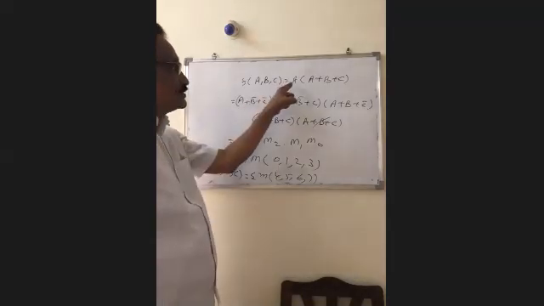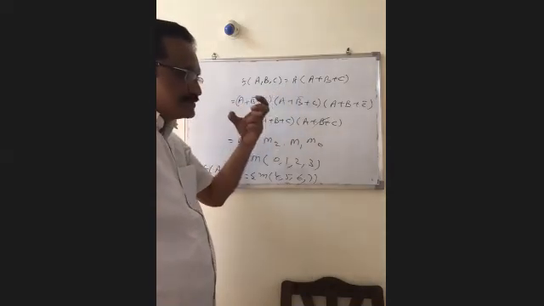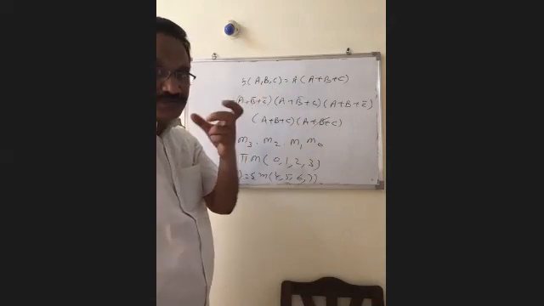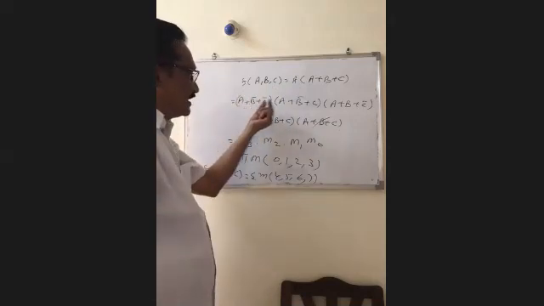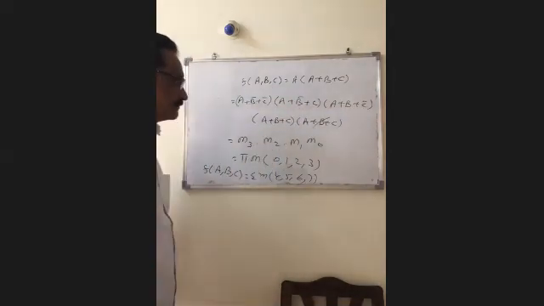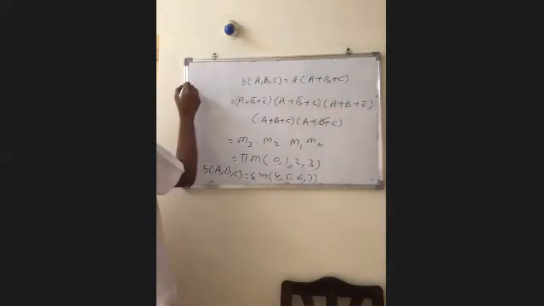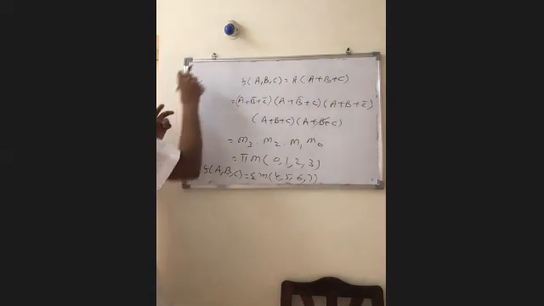In this one, two variables are missing, B and C. So if two variables are missing, you have to write four sum terms: B bar plus C bar, B bar plus C, B plus C bar, and B plus C. For example, if only one variable is missing, for example, if in the given expression there is one more term BC, in that one only one variable A is missing.